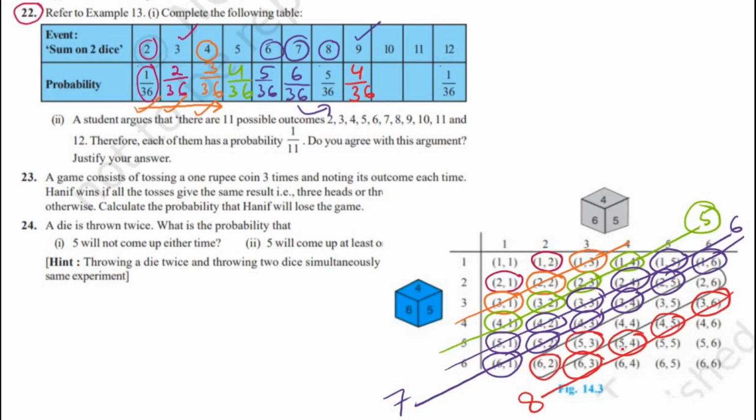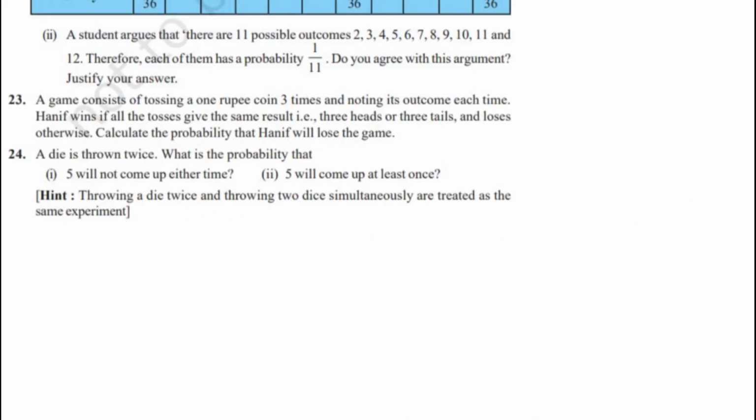Now we see some kind of progression. The beginning was ascending and now it is going descending. So for 10 and 11 we should see the symmetry and write. So the probability of getting a sum on the 2 dice as 10 should be 3 out of 36, and 11 should be 2 out of 36, so that the sum on the 2 dice as 12 is 1 out of 36. The question went for a continuation, the second bit.